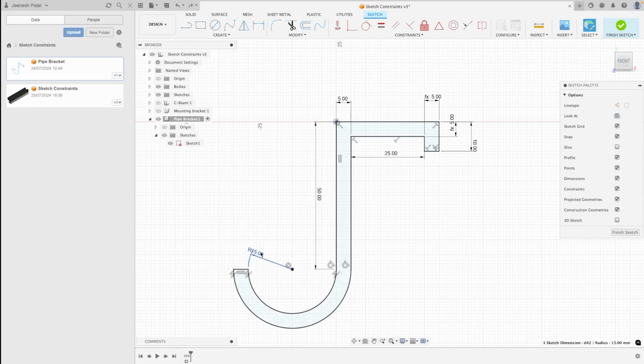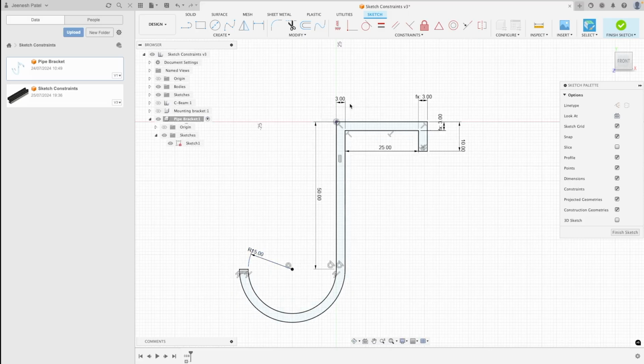Hopefully this video has provided a little more insight on how and when to use constraints to fully constrain your sketches in Fusion. Be sure to check out our other videos on constraints for information on what each constraint does,